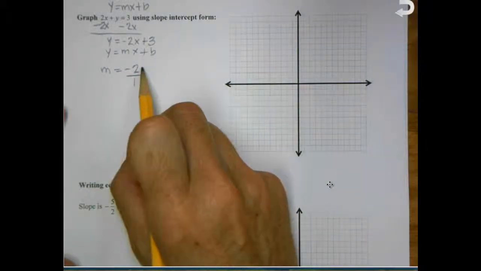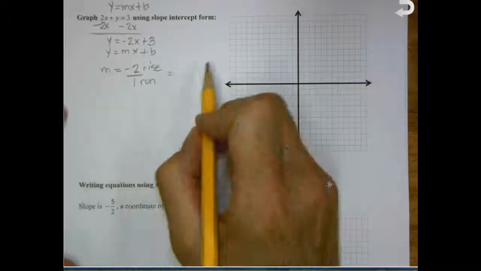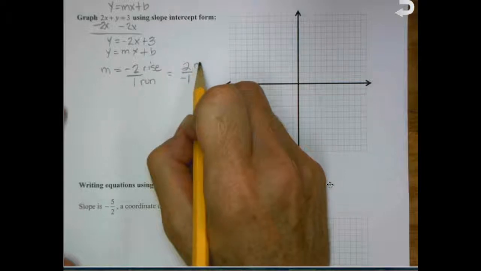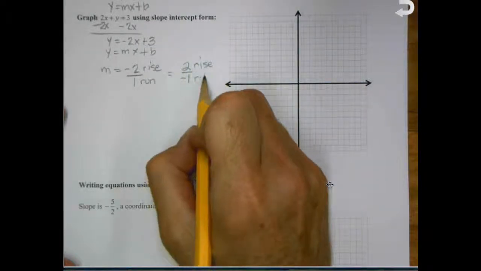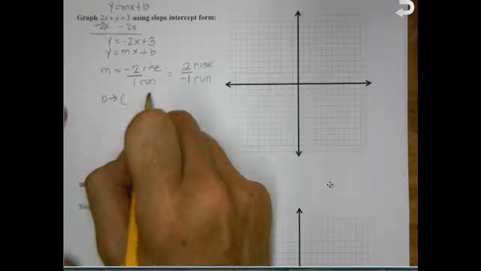And then my other way of looking at this, I want to write rise over run. My other way of looking at this will be 2 over negative 1, so that'll be my rise and my run. And then my B is going to give me an ordered pair